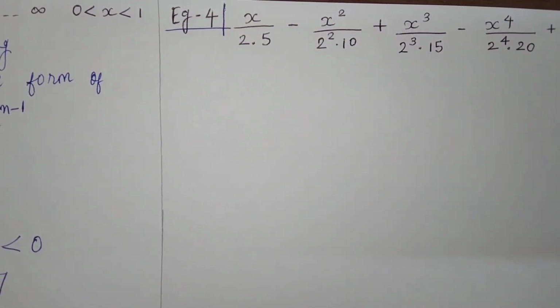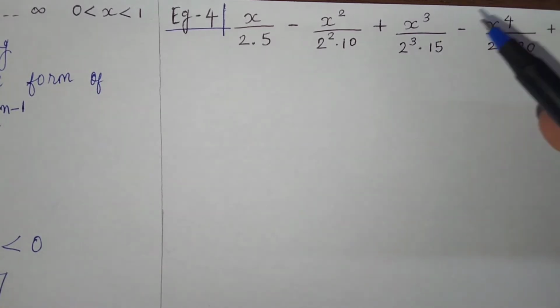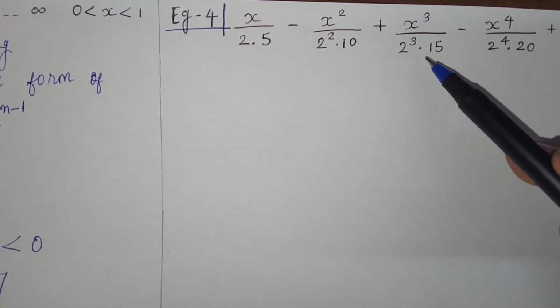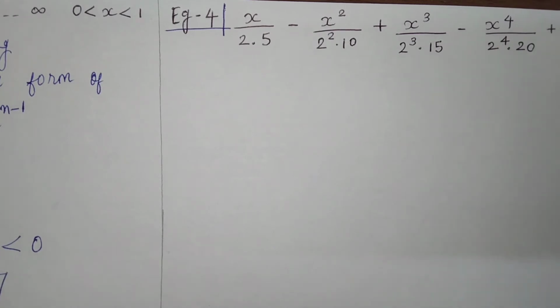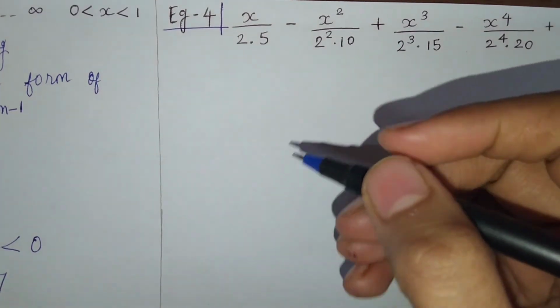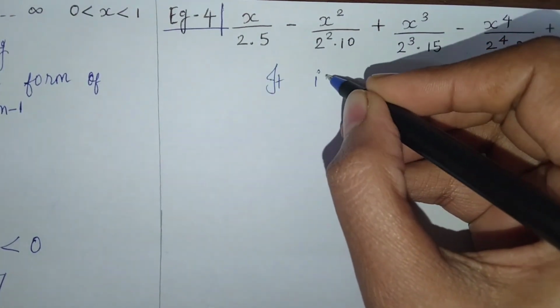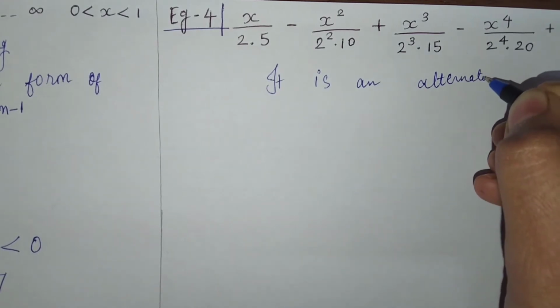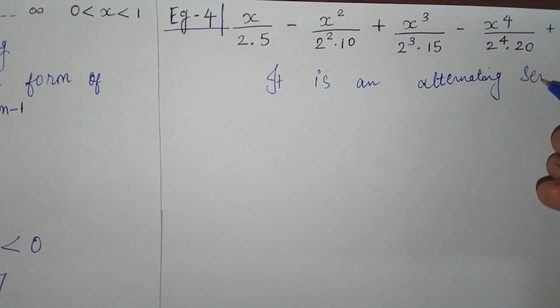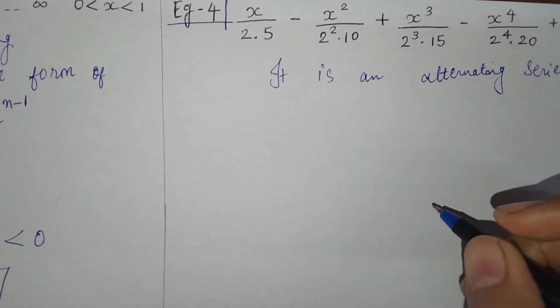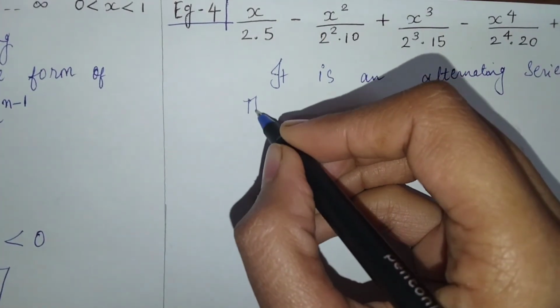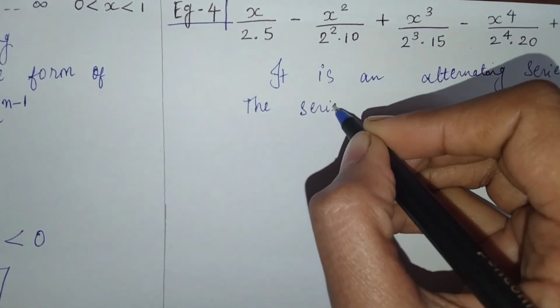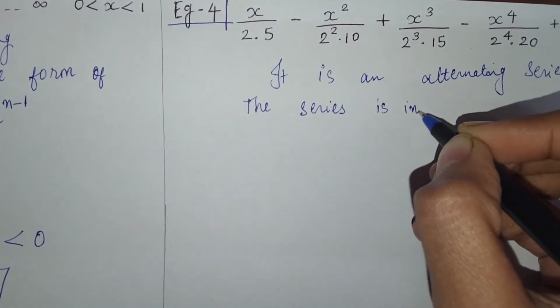x by 2 into 5 minus x square by 2 square into 10 plus x cube by 2 raised to 3 into 15 minus and so on. So again the given series is in alternating form. So first we have to write that it is an alternating series. Okay. And then you have to write its form. So the series is in the form of